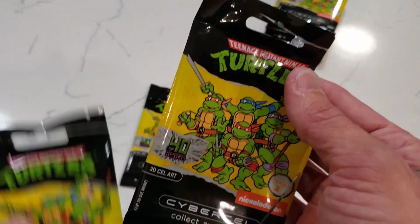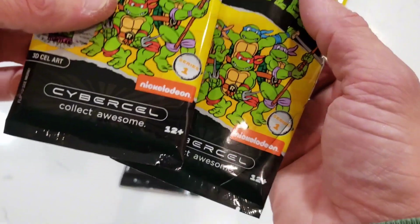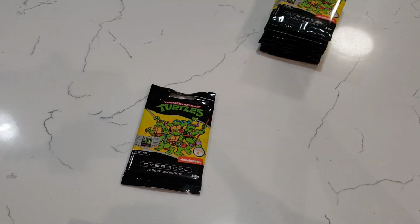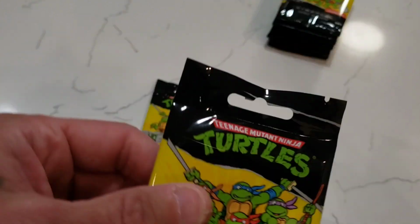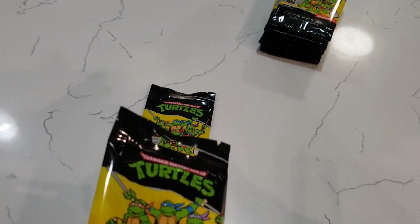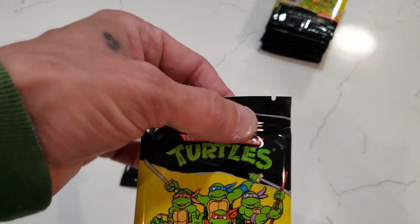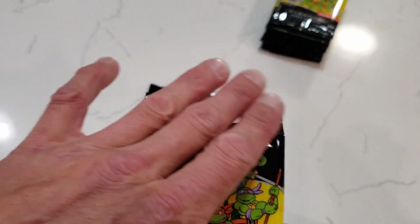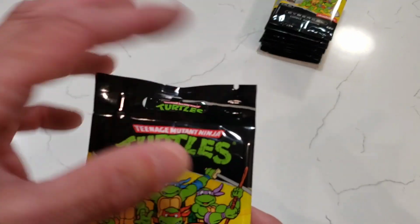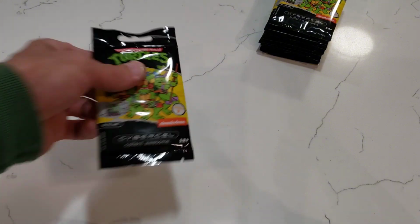Originally, the design is that they're hanger packs. They hang on a hook. So it's interesting to me, in a nutshell, that these have the same design, like all of them. We open, say, sports cards, and they'll have the hanger pack design, but then you open a box and they won't have that. There won't be this cutout whatsoever. There may be the tear line, but there won't be the cutout for hanging on a rack. So anyways,